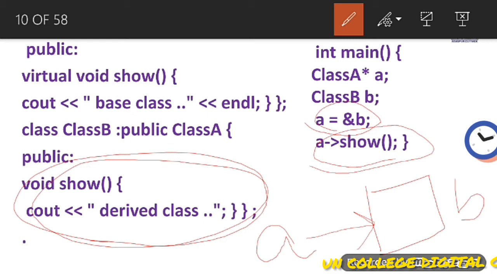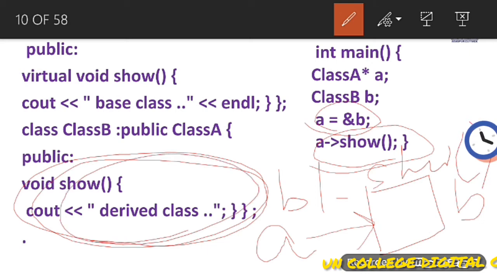Actually, already in function overriding, when we call by using b1 dot show, at that time also the show method is executed. There is no difference between the previous example and here, but when you are using one base class and a number of derived classes, at that time the virtual function mechanism matters a lot.